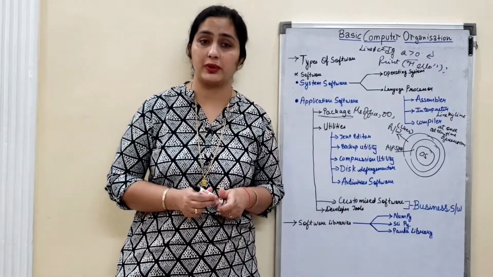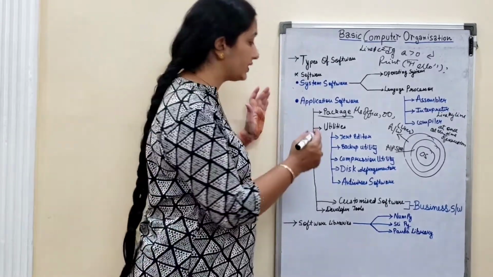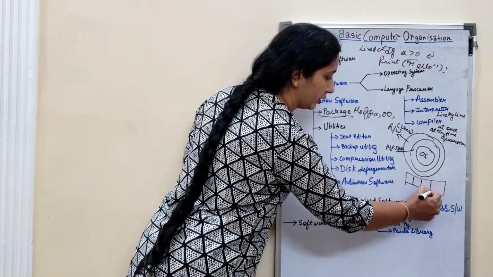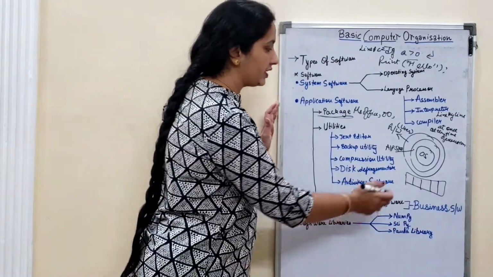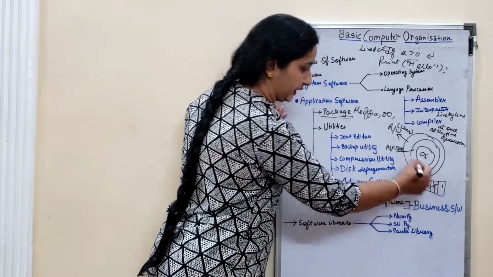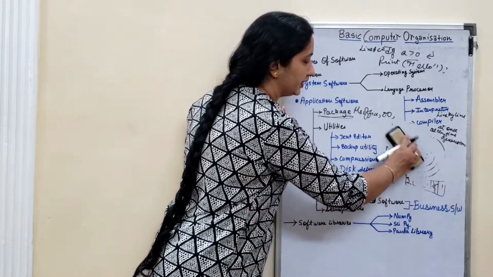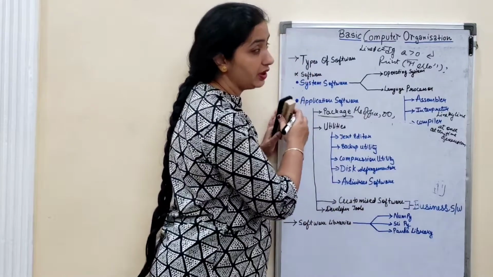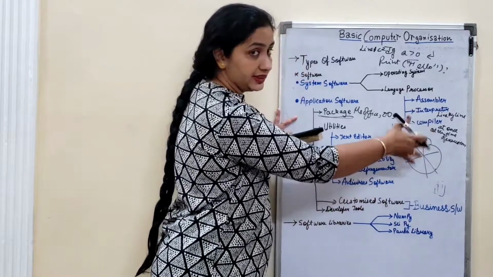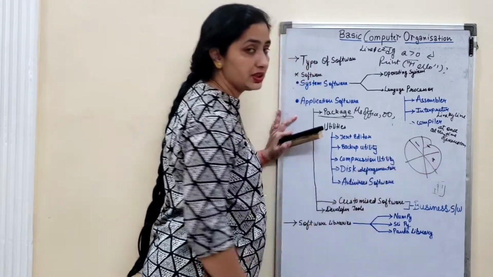Next is disk defragmenter. In my previous video I explained about disk defragmenter. I told you that whenever you are saving your data, it gets saved in the form of contiguous blocks, and suppose this is your data, if you are deleting it, this particular place is vacant. Now if this place is vacant, then where will your next data go? It will go in the continuous block only, but that particular space is vacant. This is filled, this is deleted, this is vacant, but your data is going to be saved in this block only.